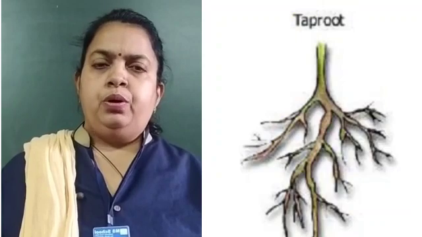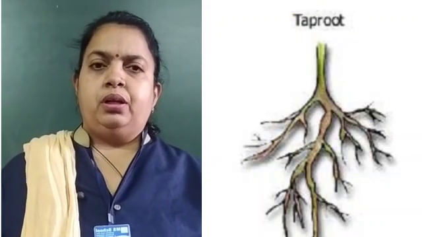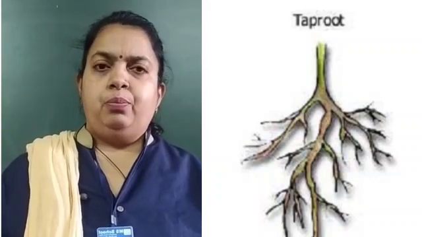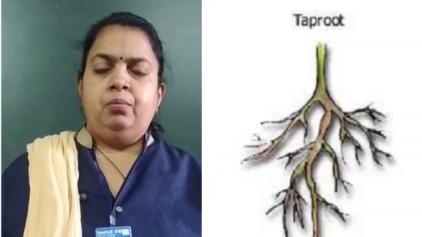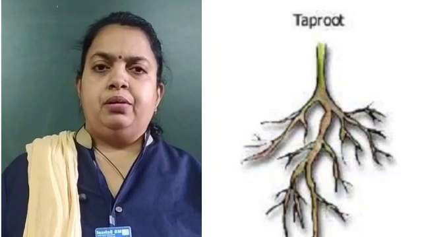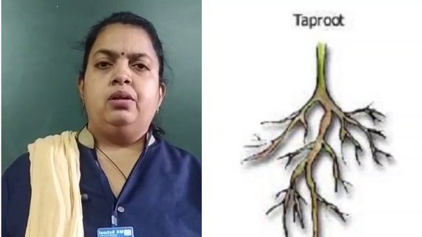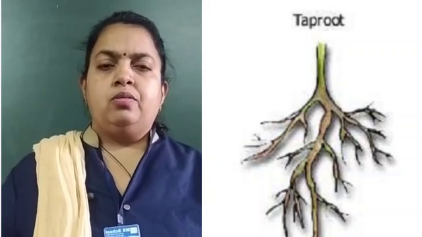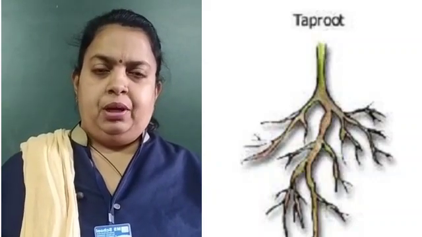The next comes the taproot. What is the function of the taproot? It can penetrate up to 60 meters into the soil. Because of this taproot, it is a firm thing. The plant is firm because of the taproot. It is very thick and it penetrates deep into the soil. It has the food storage. It also stores lot of water. It is a root vegetable.